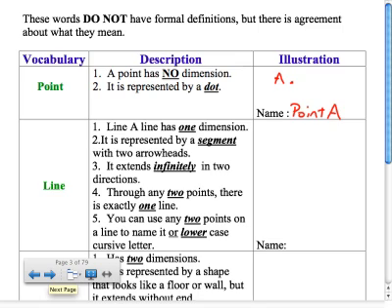A line has one dimension, represented by a segment with two arrowheads, extends infinitely in two directions. Through any two points there is exactly one line, and you can use any 2 points on a line to name it, or a lowercase cursive letter. So for example, if we look at something like this, and we call that guy our line,